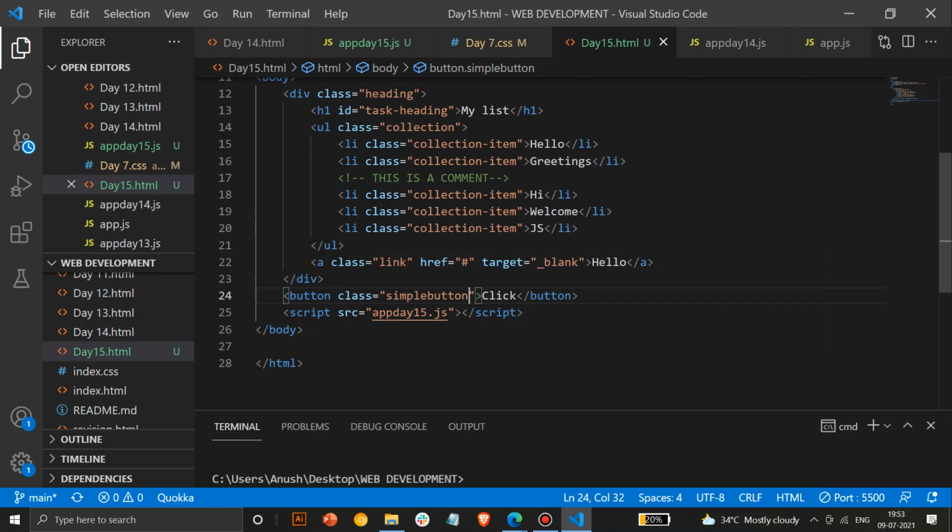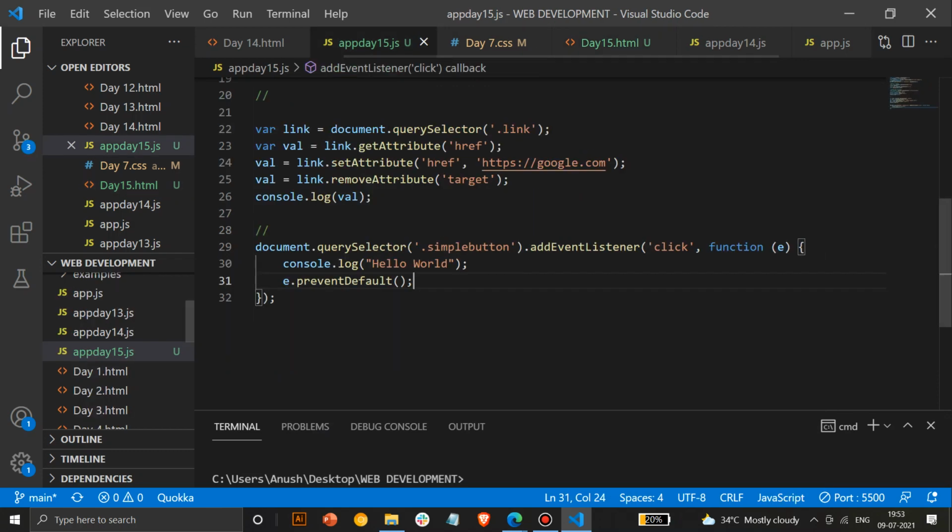This is not compulsory. By default, if you use a normal function also, it won't give an error, but in some cases there might be many other functions running side by side. To avoid that, you have to use e dot prevent default, and that function is event. This is just a parameter which is present. You can avoid this also if you want, but try keeping it, because in many cases it is really essential when you're using a specific function.